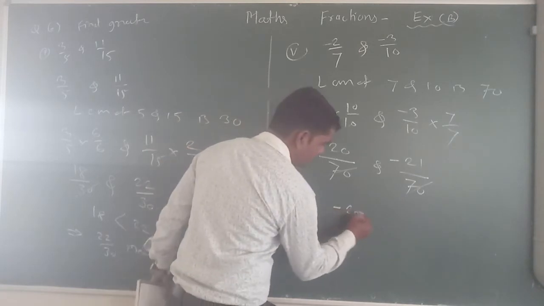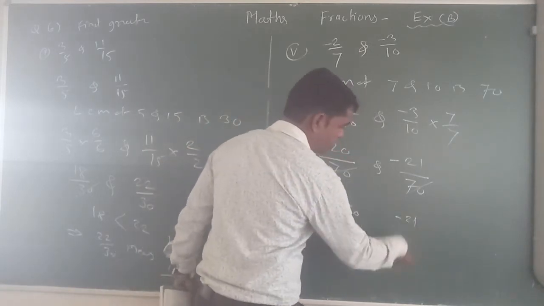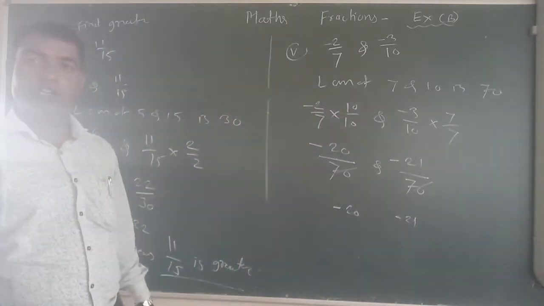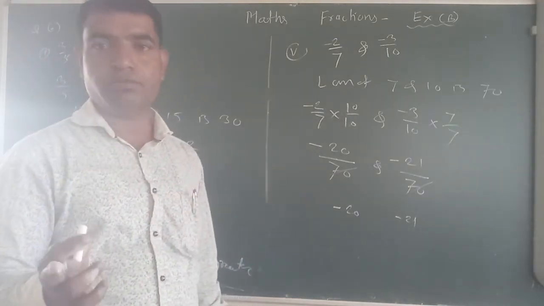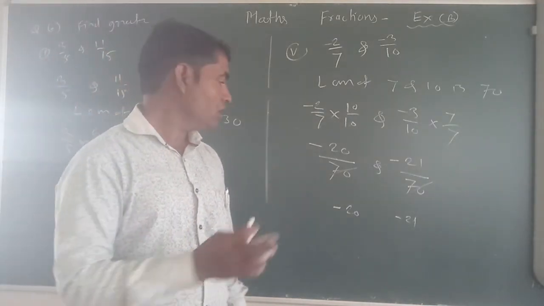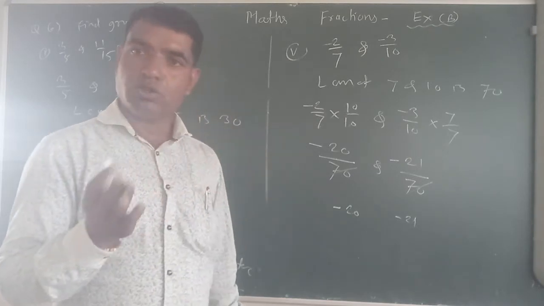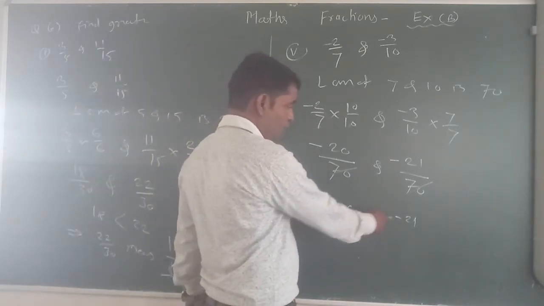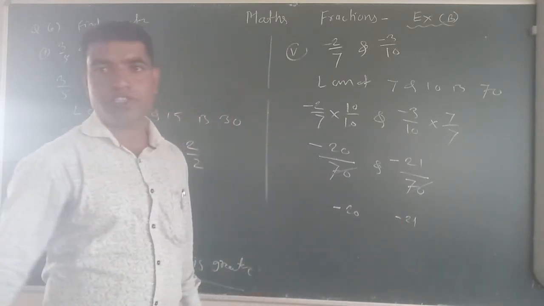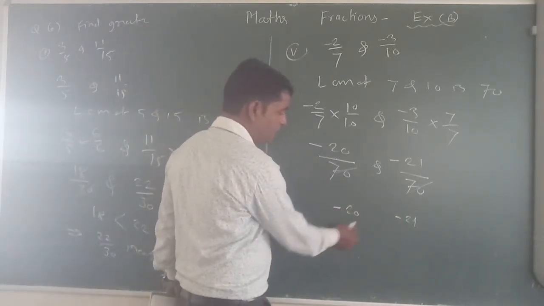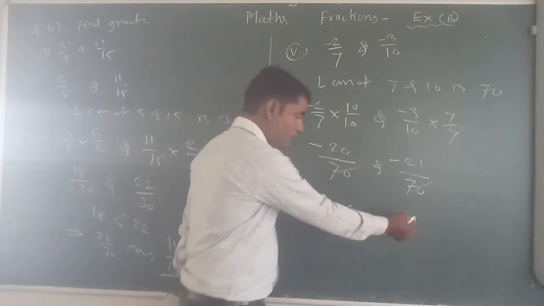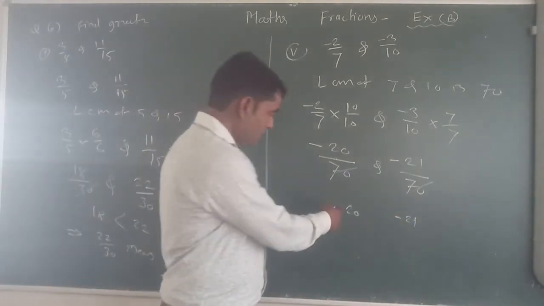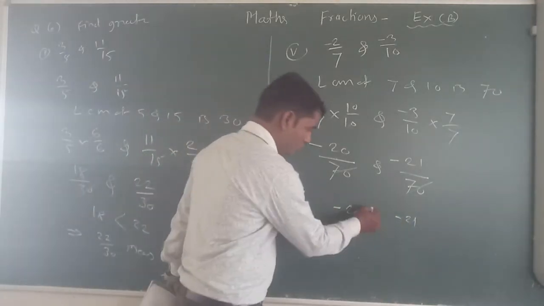So these are minus symbols. When minus symbols are there, we know that the smaller number is greater. जब minus symbol होते हैं किसी भी नंबर पे, so जो नंबर छोटा दिखता है, that is the bigger one. So यहाँ पे minus 20 और minus 21 है. इसमें कौन सा नंबर बड़ा है? Minus 20 is greater than minus 21. Why? Because they have a minus sign. Okay, so this one is greater.